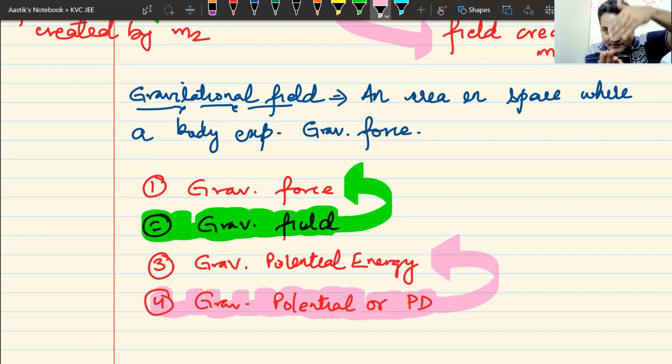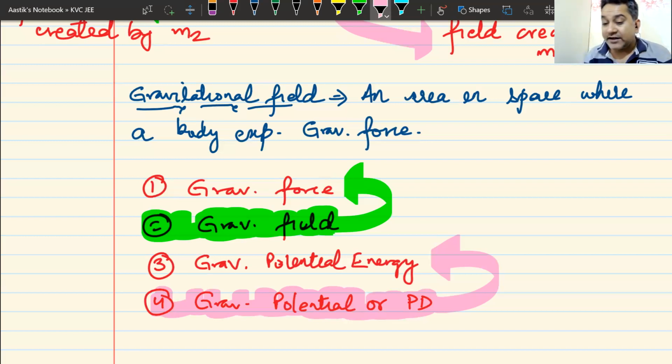When it falls, because of gravitational force, it can do work. That means when it is placed here, even though it is not doing any work, it has the ability to do work. And how much ability it has depends on where it is placed. If it is further up, it has more ability. If it is very low, it has less ability. More, less. So it has this ability because it is placed somewhere.